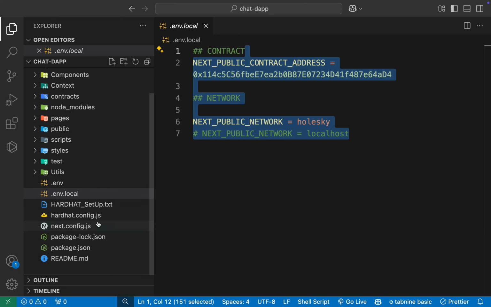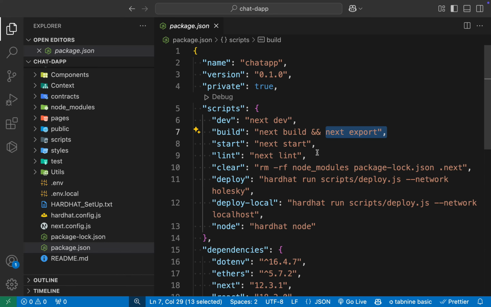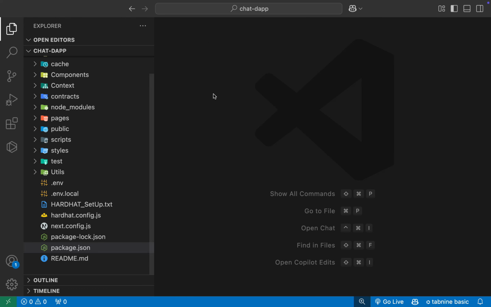Now I can simply come back to my package.json file, and here I'm going to attach this command, next build, which is already there in the final source code. So this is the command which I have to run. So what I will do, I'm going to simply open up my terminal,